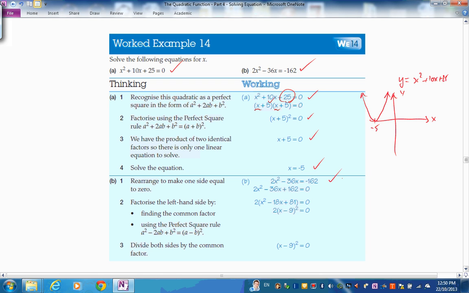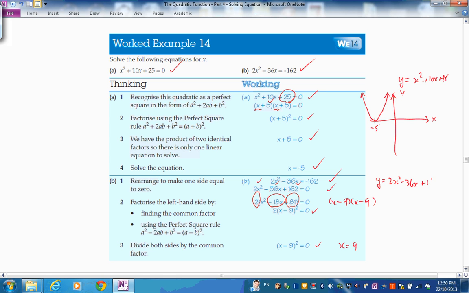What about this one? We need to move all terms across to the left to make it equal to 0. Then divide everything by 2, because 2 goes into all of these. Then we have x squared take 18x plus 81, and we could do either perfect square if you've recognised it, or 81 is 9 by 9, but because it's negative 18x in here, it'll be negative and negative. So it gives 2 by x take 9 squared equals 0. So therefore x take 9 squared equals 0, x equals 9. So in other words, if you drew the graph of this,